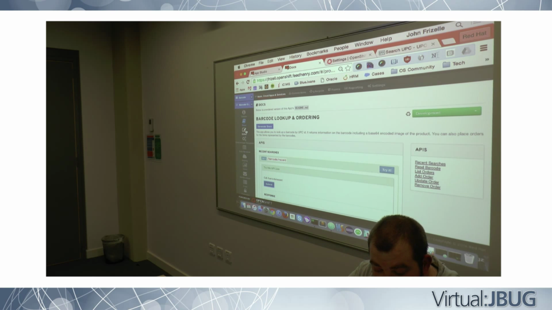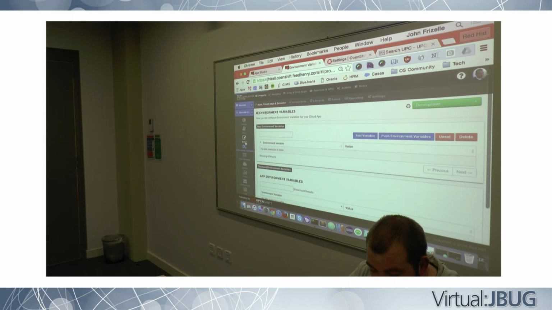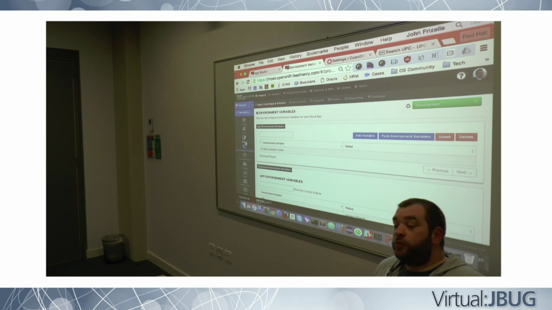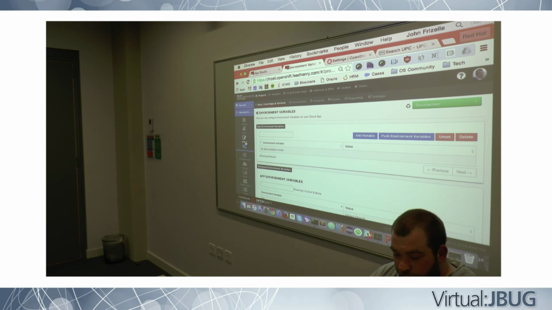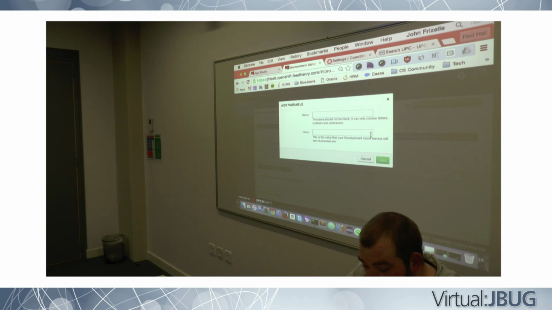Okay, editor, same idea. Environment variables, pretty self-explanatory. You can configure environment variables and deploy them. So for example, connection string for the database, it's going to be different in your dev environment from your production environment. So you add a variable,